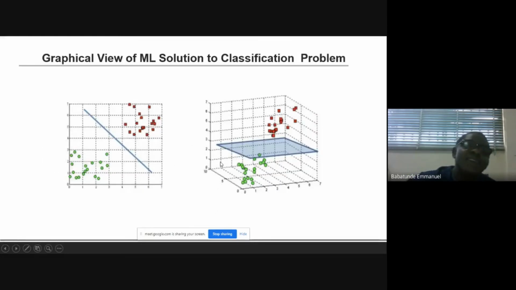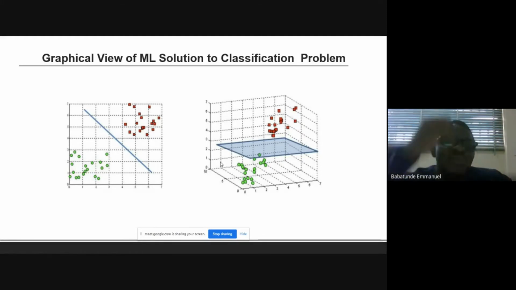So this is a graphical view of machine learning solution to classification problem. Yes, our model is to be able to classify our data set into benign cancer or malignant cancers. The small green circles there are the benign cancer, while the red squares are the malignant cancer. So, essentially, what the machine learning method is doing